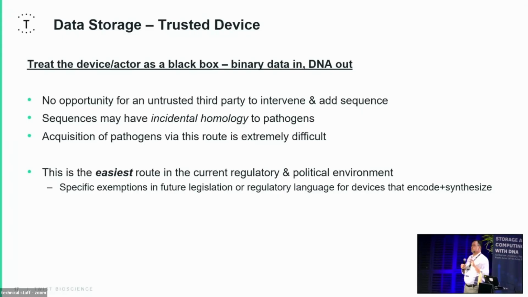So I think there are three models that can possibly work here to remove the question of whether you need to worry about this or not. The first is a trusted device or trusted party. This is a one-stop shop. You send binary data in one end, DNA sequences come out the other. You don't have control over the pool. And so that allows you to say that, at least intent-wise, I know there's nothing in that pool.